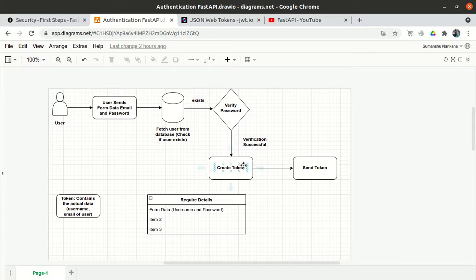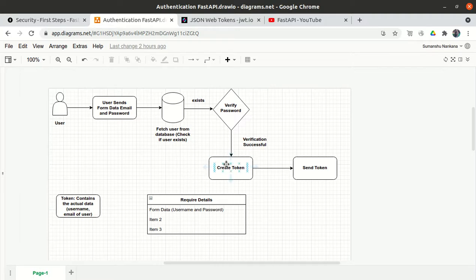This token contains the actual data. Even though it is some random characters, A, B, C, D, E, F, G, some numeric characters, alphabet characters, special characters, these characters contain very useful information, and that is very unique.